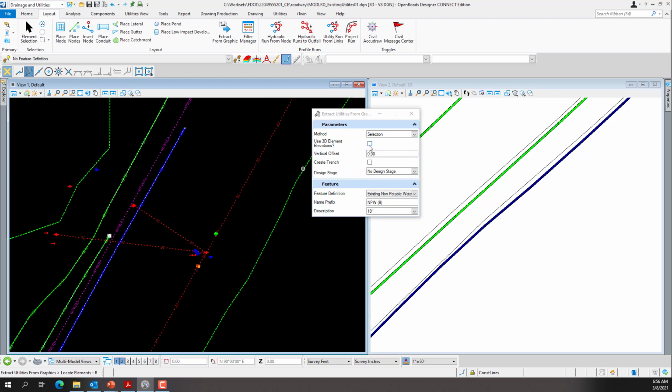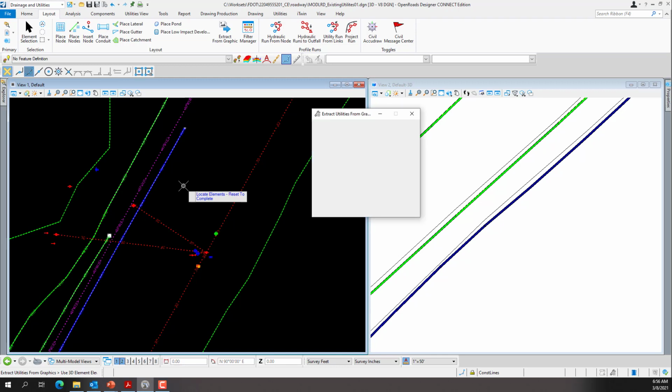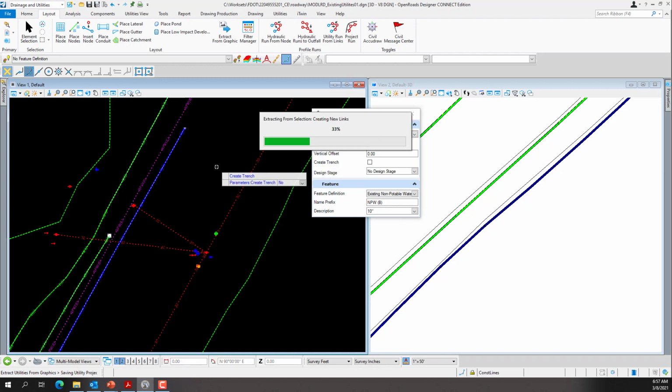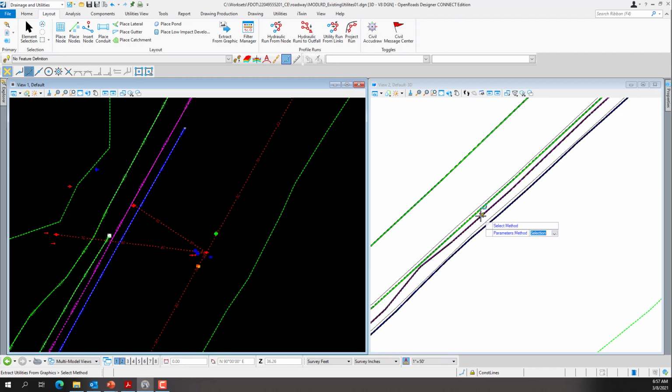And now you see that the checkbox for use 3D element elevations is allowing me to put a checkbox in there. So I'm going to check that box and not put anything for the vertical. That way it'll use the 3D element as the actual elevations. So I don't have any more non-potable water, so I'll right click to reset. And you just left click data point working through the tool for the use 3D elevations. This time it says yes because there's a checkbox. Data point, left click data point, and left click data point. And you'll notice again that I have the elements in.